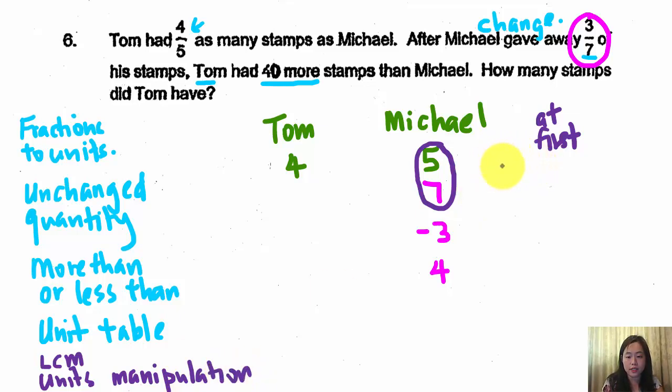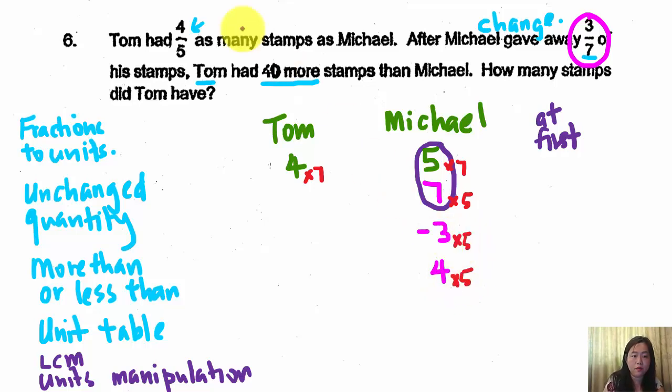So in questions like this, it's very important to find out what are the repeated information that refers to the same quantity but represented in different numbers. So let's do it now. The LCM of 5 and 7 is actually 35. So we are going to times 7 here and times 7 here. So here we will times 5,